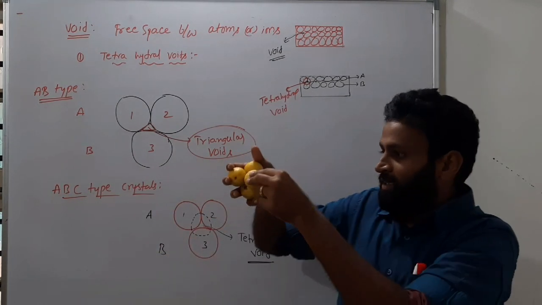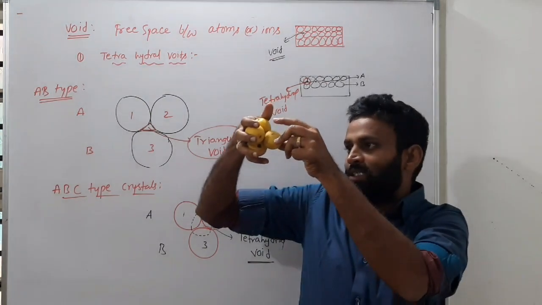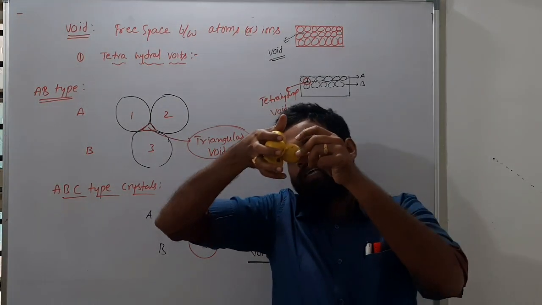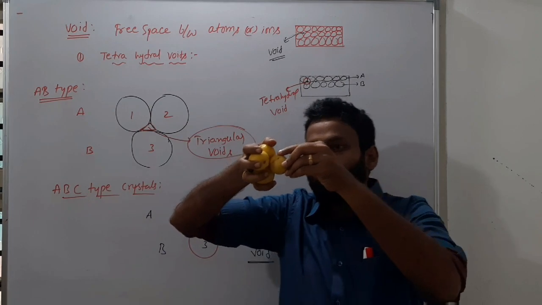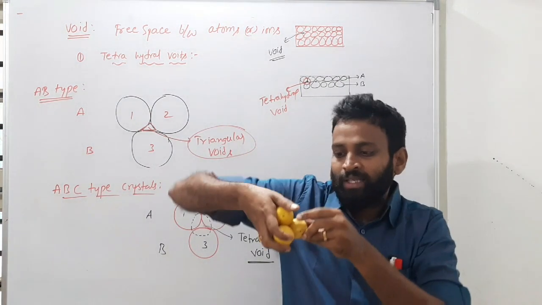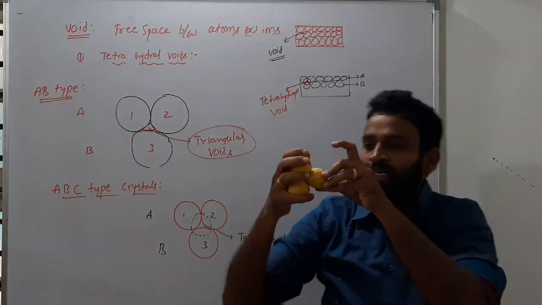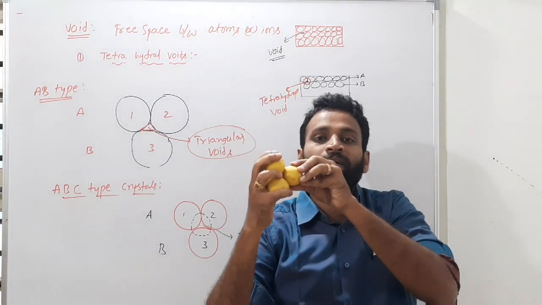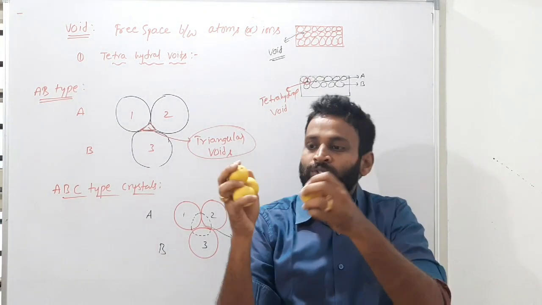Now on these three I'll keep one more like this, exactly. So I have four like this, right? Between these three and this fourth one you have some vacant space. You can observe, I think. Are you observing? Between these four lemons, in this way or in this way, you have some free space. So here exactly.